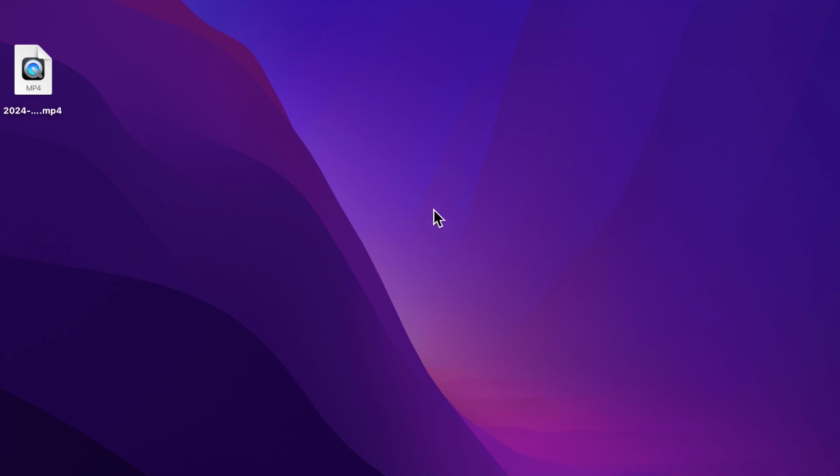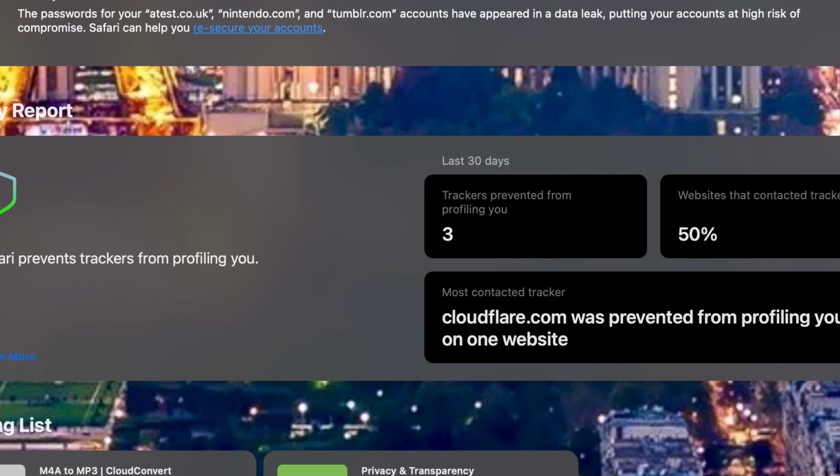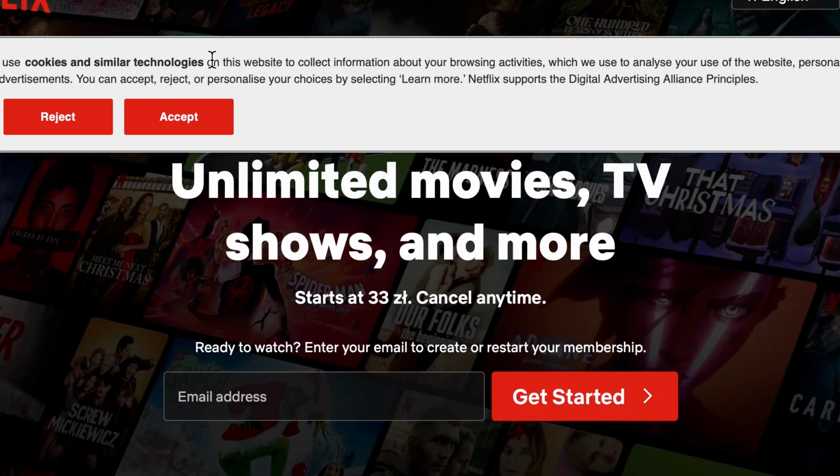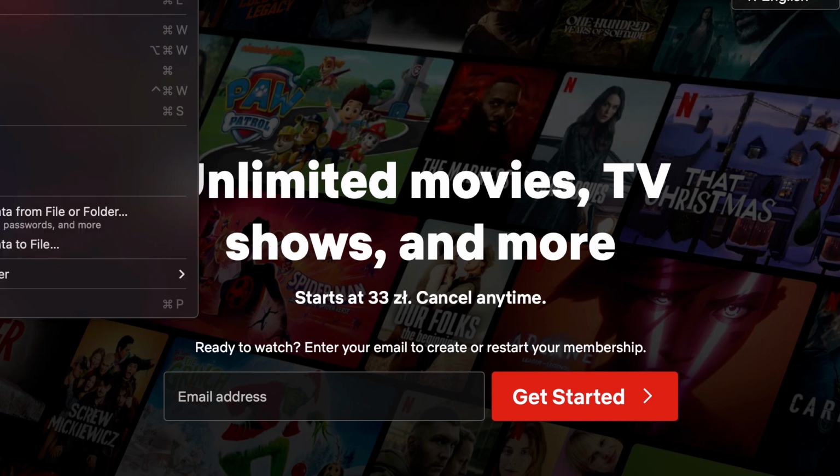but I'm gonna show you how to create a shortcut for Netflix so you can put it to your dock and it will behave like an app, but it will open the Netflix.com website. So to do it, just go to your Safari browser. It has to be Safari because this feature only works with that browser. Then go to Netflix.com. When you are on the website, you can click on File in the top bar and